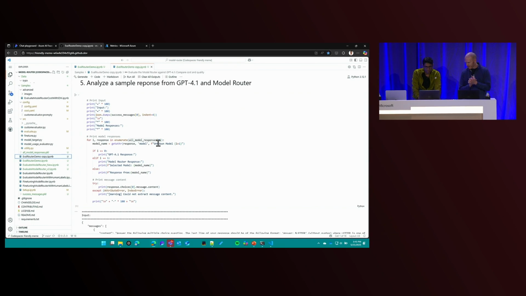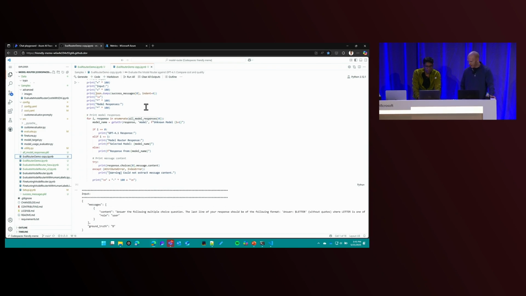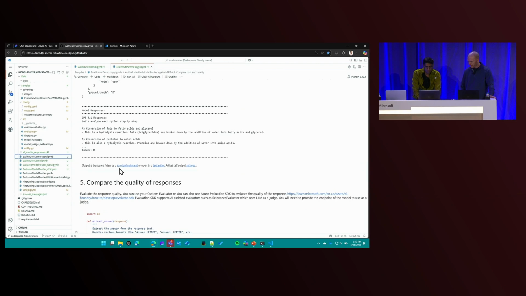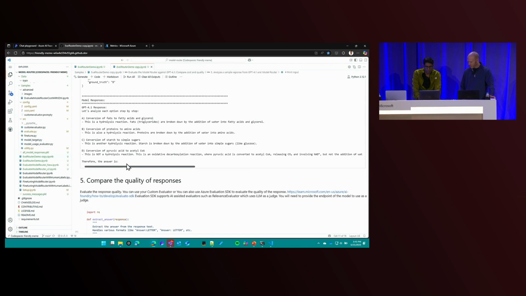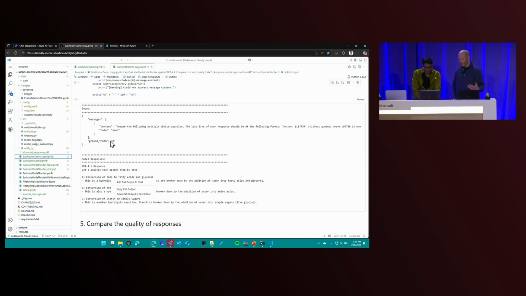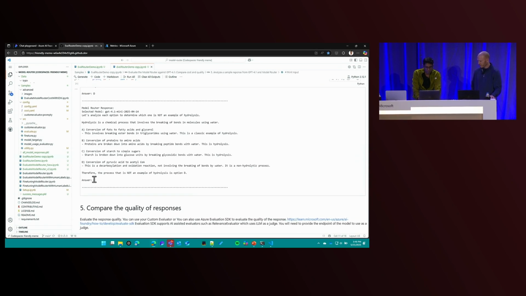So here what's happening is I want to print a sample output of what we executed right now. The model router, we processed 1,500 prompts. Let's see a sample output from 4.1 and a sample output from the router for the questions that we asked. And if I remember, before you showed me that the scientific answer is D. And so it got that accurate. Yeah, so 4.1 got it accurate, and the model router also got it accurate.